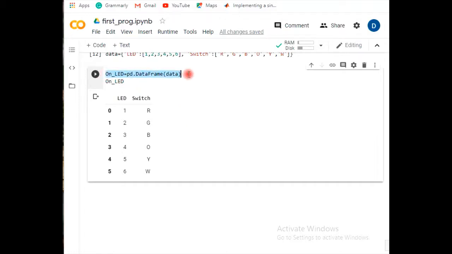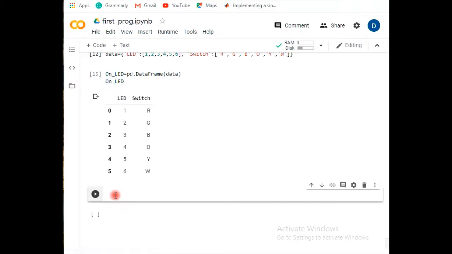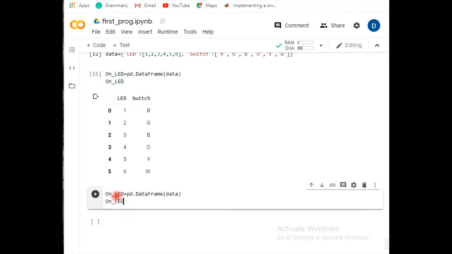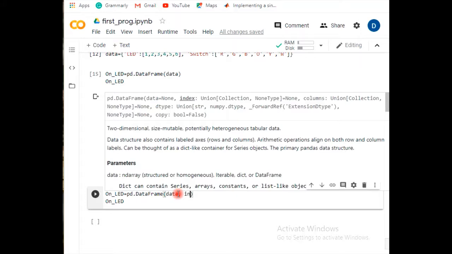I'm simply copying this one, and using a new code line, pasting it here. See, now under this one, I'm using this data along with some index.